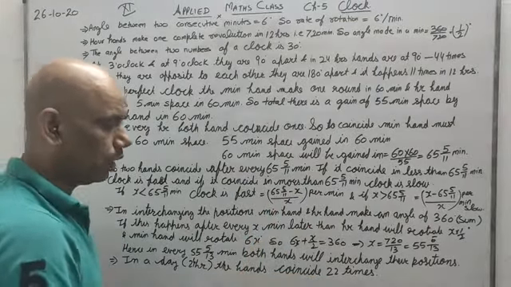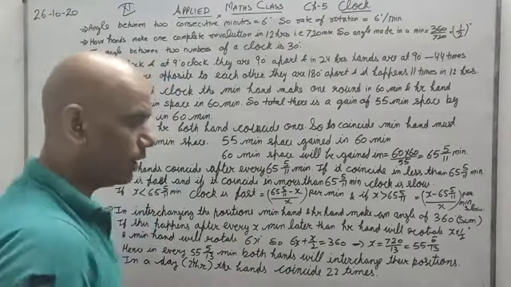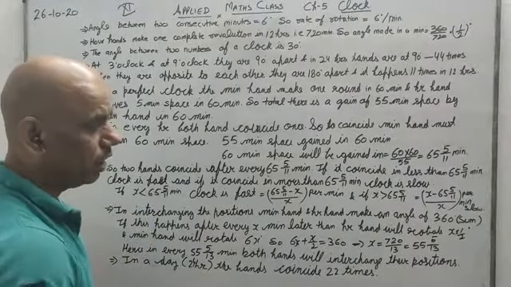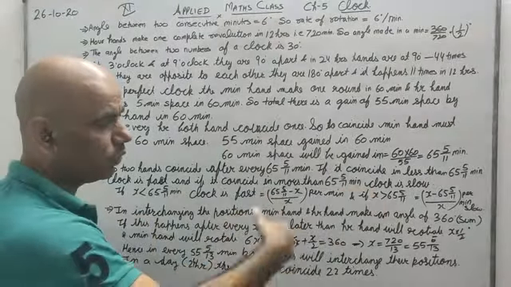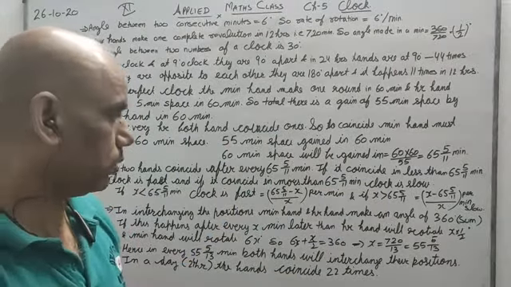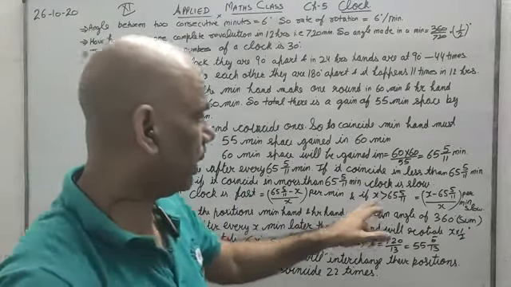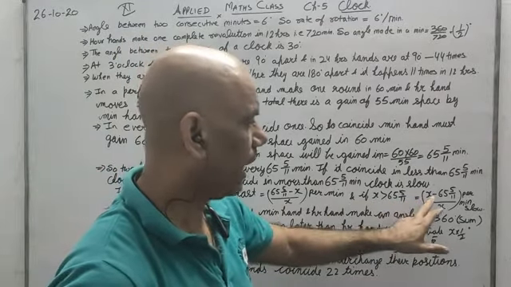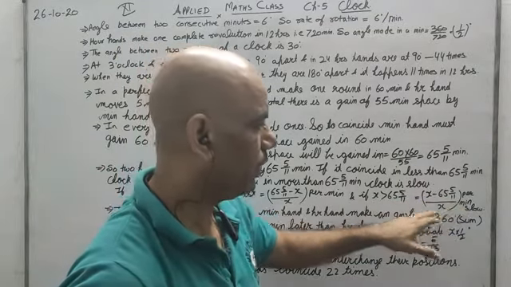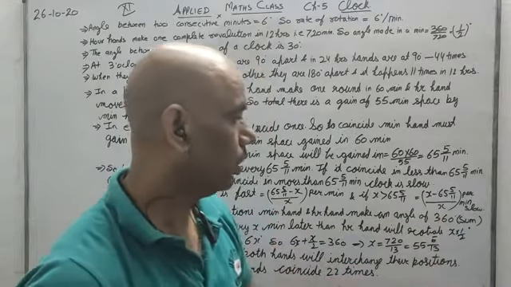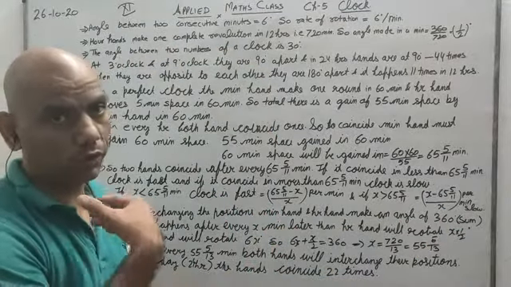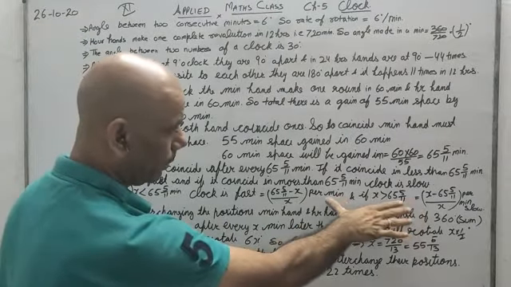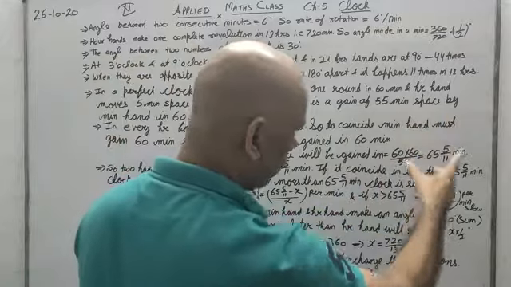And if you want to get it for 60 minutes, multiply by 60, and then for 24 hours, multiply by 24 hours also. Similarly, if x is more than 65 5/11, then what will we do? (x minus 65 5/11) upon x per minute, slow. So this much per minute the clock will be slow. These two are quite important formulas. This concept is also very important.